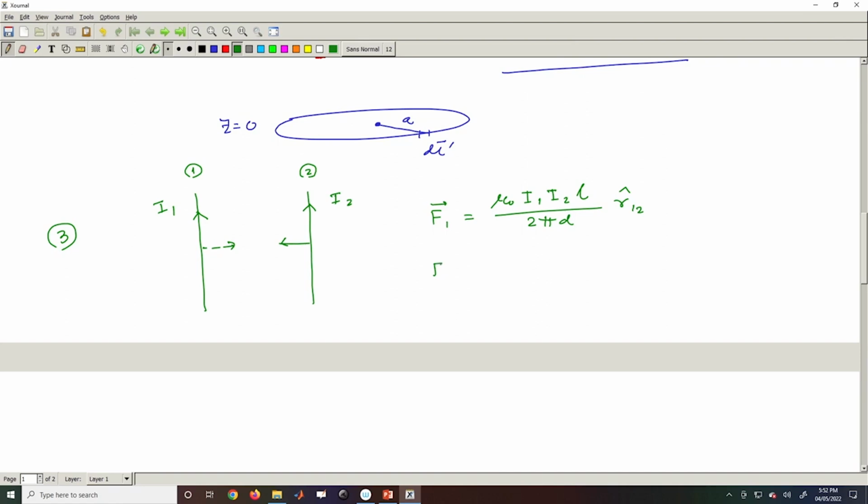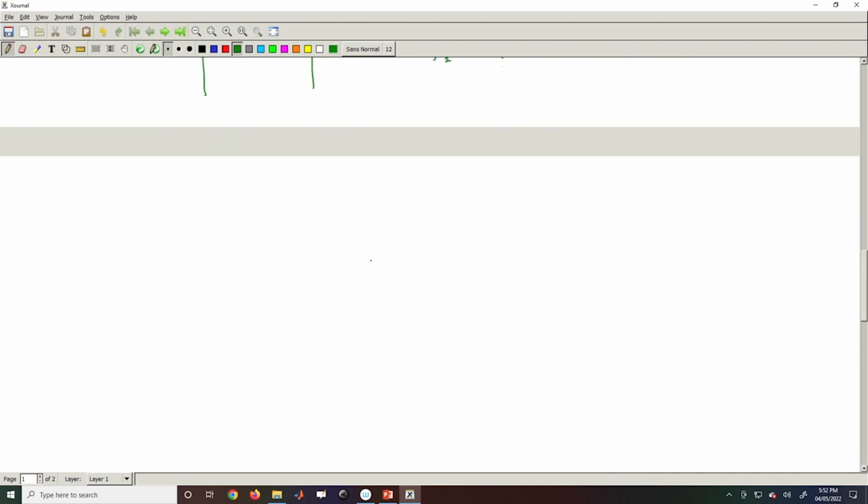And F2 was minus F1, the amplitude is the same, only the unit vector was from this side to this side, that we all calculated. So, now in today's class